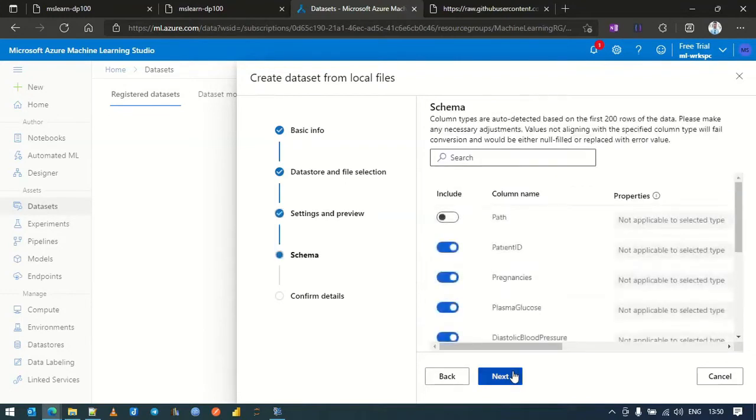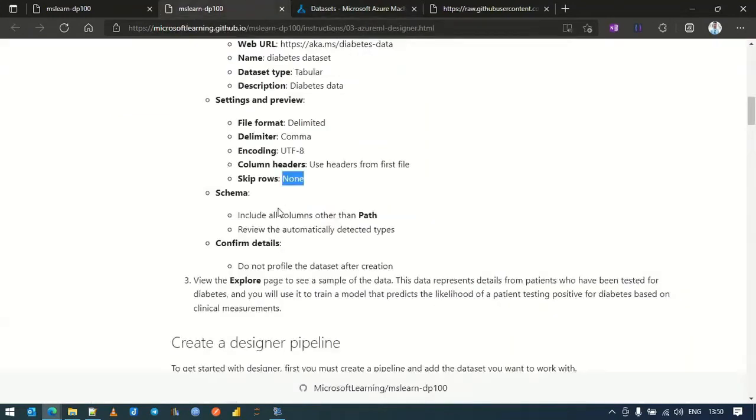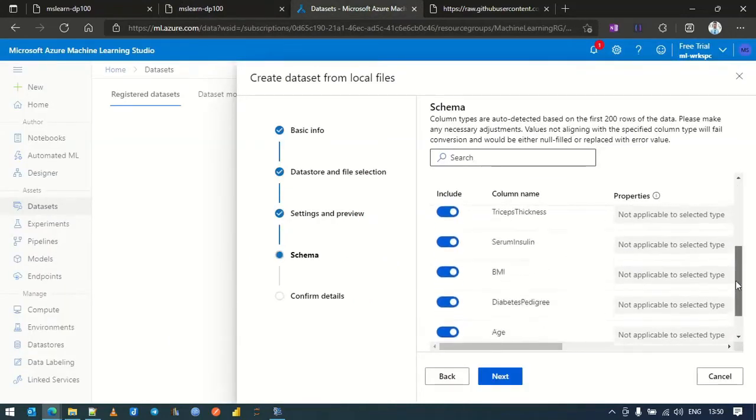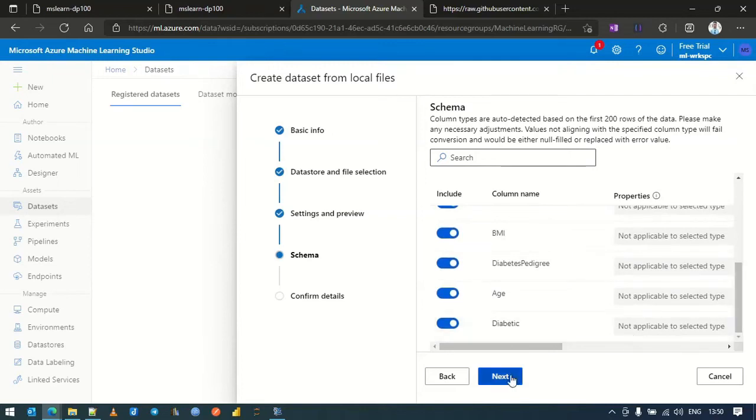Click next. Now schema we have to define. Include all columns other than path. Okay, so other than path, all the columns are included in the schema. Okay, next,